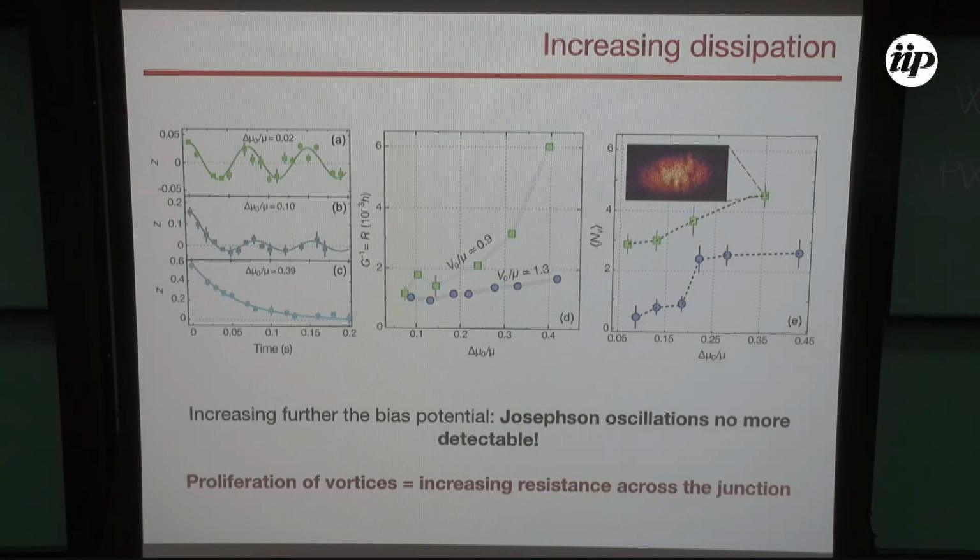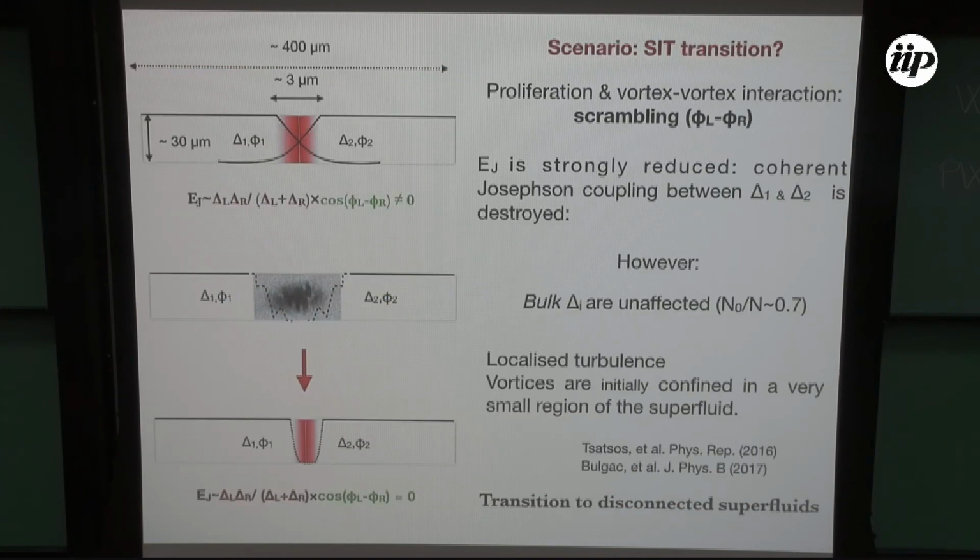For sure we see clouds with like 10 vortices, 8 vortices, so something happened there. One pictorial way could be that, since we have many vortices, these many vortices can in some way scramble the relative phase between the two superfluids, in the barrier region. And eventually EJ is decreased, even though I can tell you the bulk is still superfluid. So what is happening is the dynamics below the barrier. It's as if below the barrier, the vortices or the interaction between vortices, which is still something we have to understand, is creating a situation in which the two phases cannot be connected like before. But this is completely open.